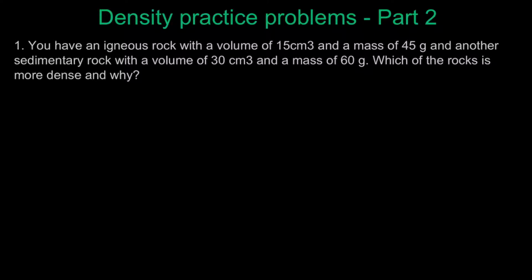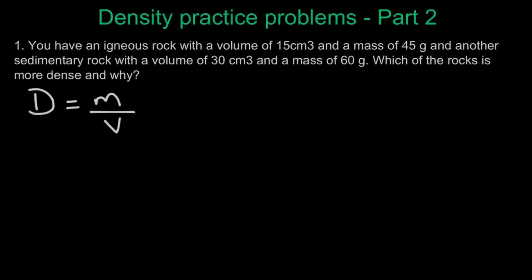So how can we tackle this problem? We have to find the density for both rocks, the density of the igneous rock and the density of the sedimentary rock. Then we compare the two densities and find which one is more dense. So let's get started. As a reminder, we all know that D, which is the density, equals M over V. So if we want to find the density for the first rock, which is the igneous rock, it says here